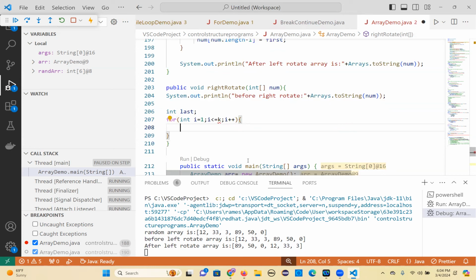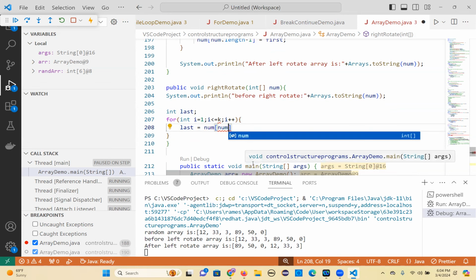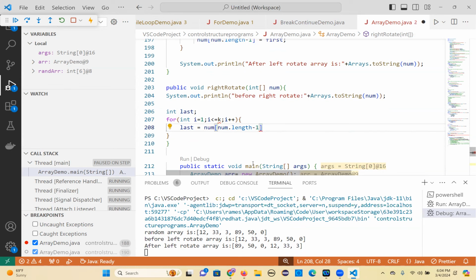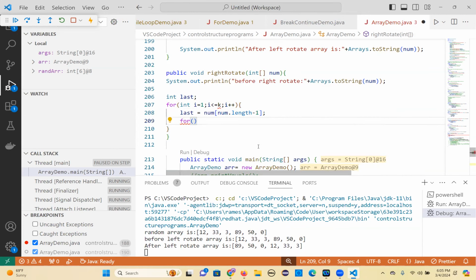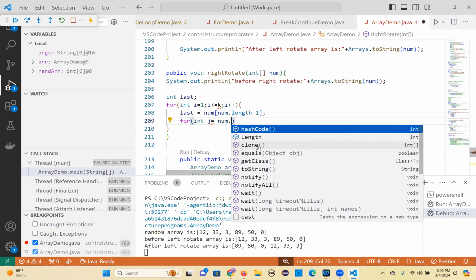So then take the last element. How can you take the last element? num of num array length minus 1. That's it. And then take the inner for loop, for int j equal to num.length